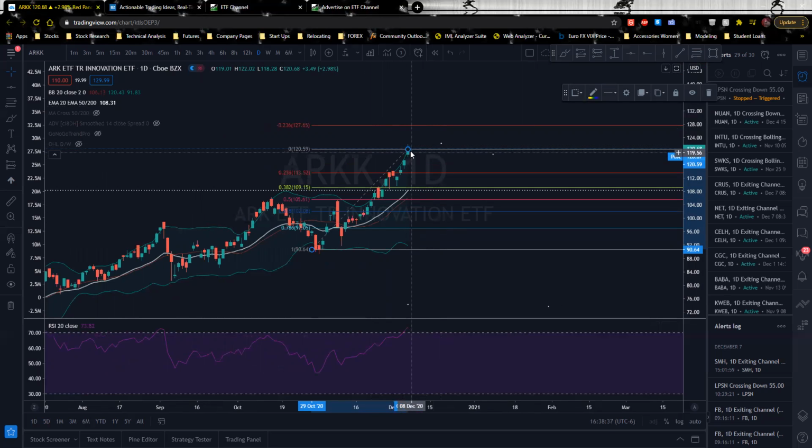Will the sellers come in with enough momentum and volume to push price all the way below to the 382 level? If you believe that's possible, then that would be where you would buy your put and set your strike price here. Or if you're shorting the stock, then this would be your TP, your target